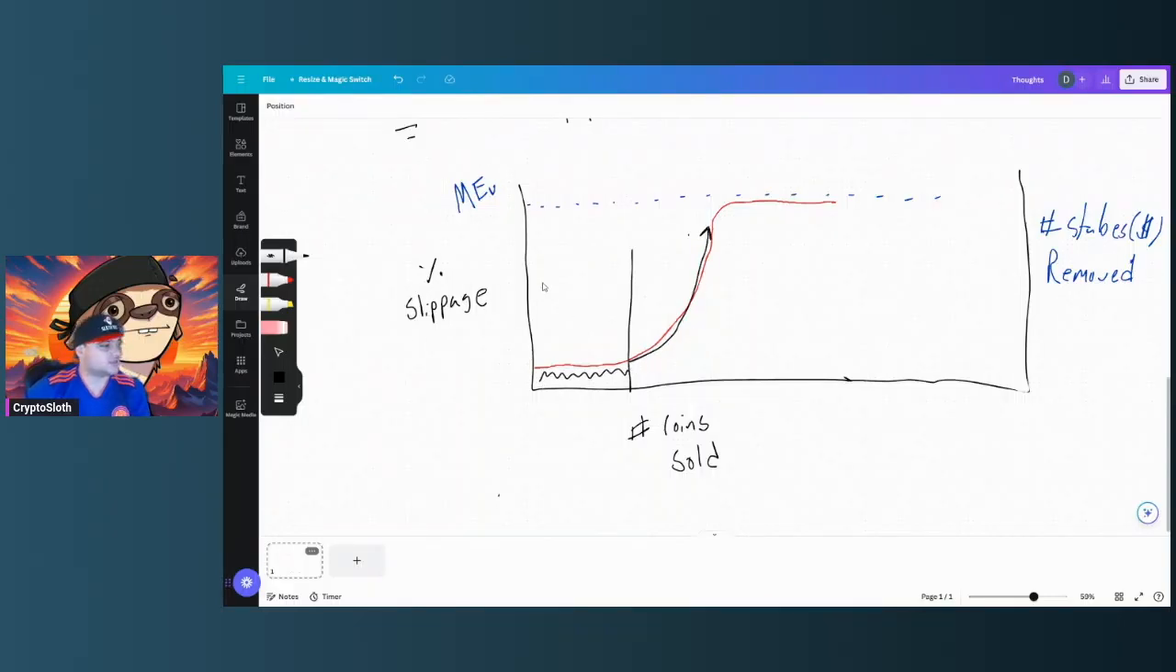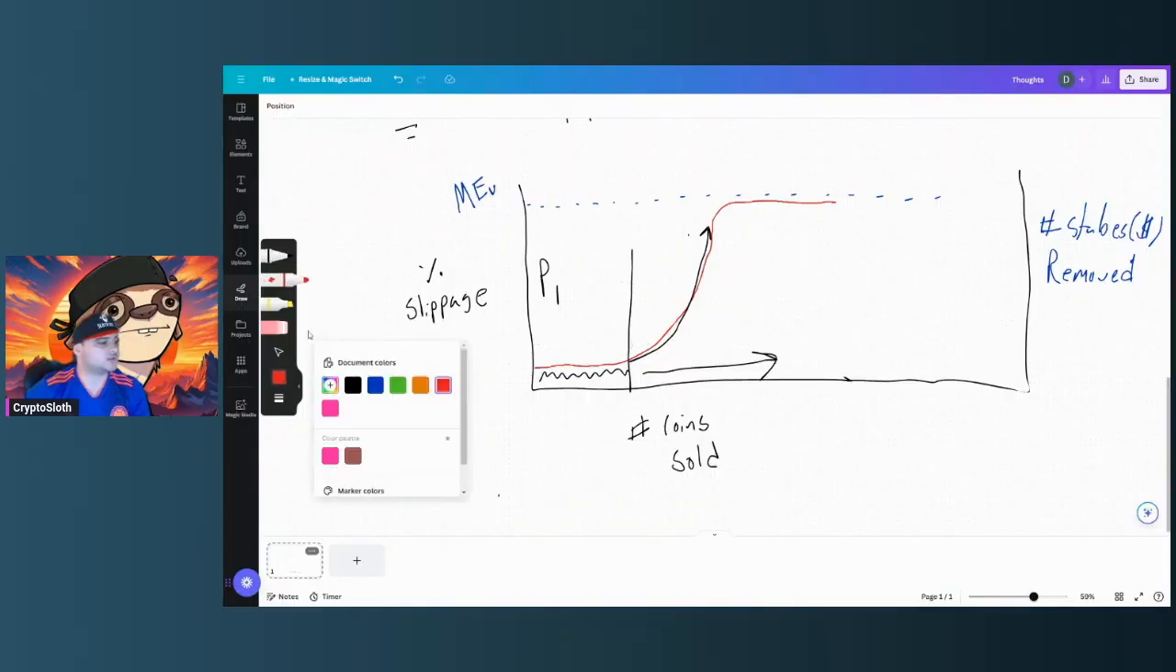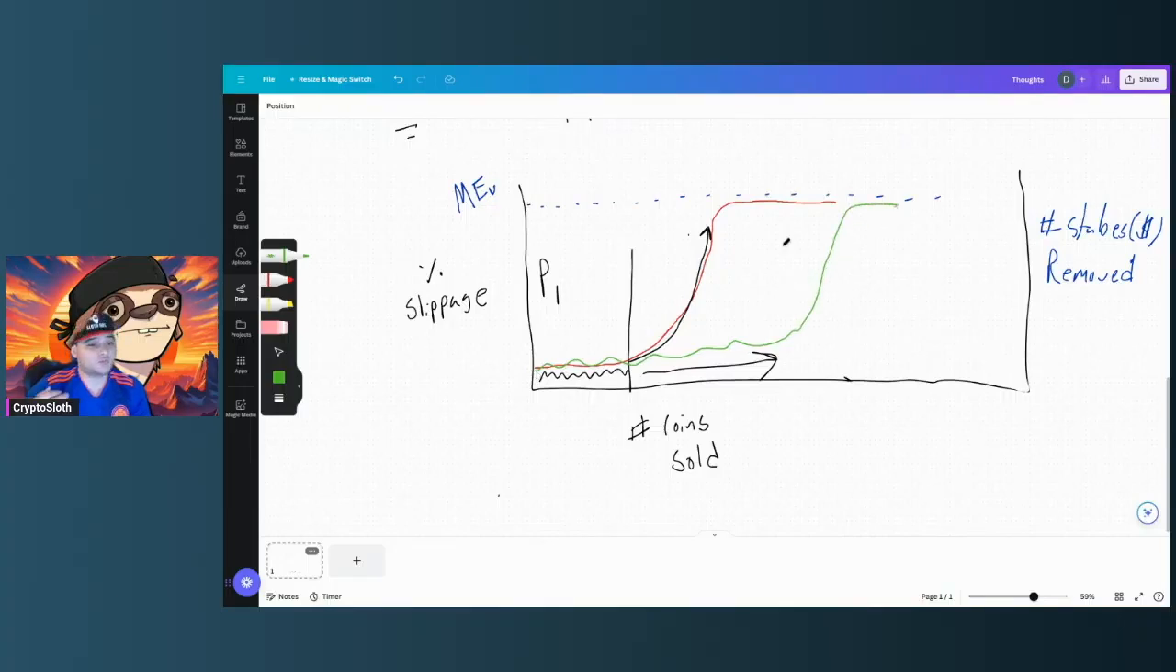And ideally, in this first phase, this P1 phase, we want it to be as far to the right as possible. So the further we can get this move out, and let's do this in green, the longer we can pull out this bottom one before it starts to go up like this, the better, because that means there are more coins that we can sell into it. And when you're early to a coin, this MEV is actually going to be pretty